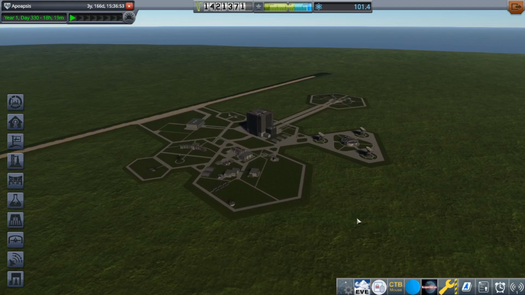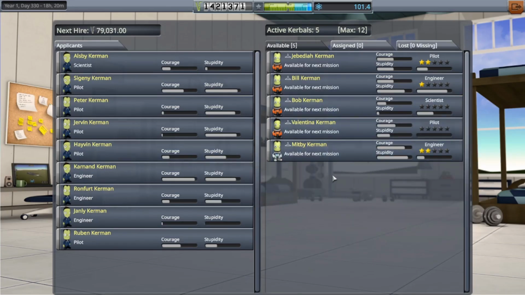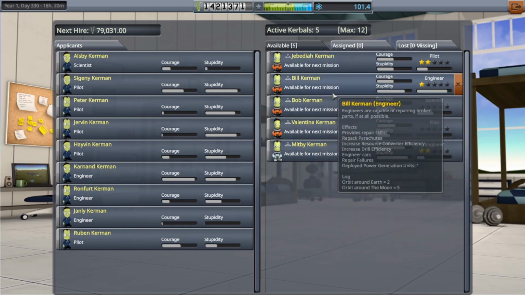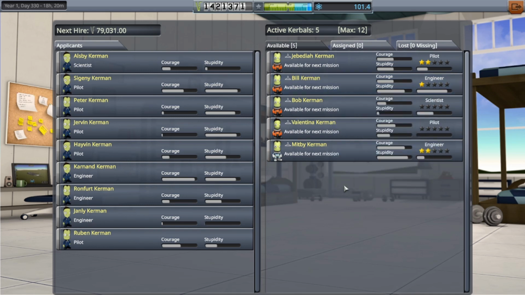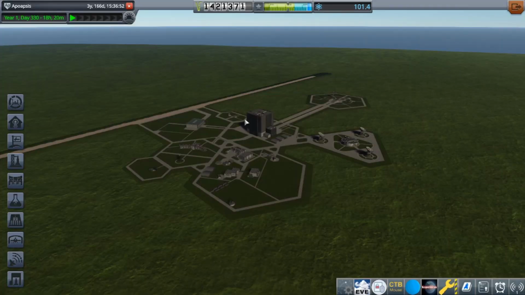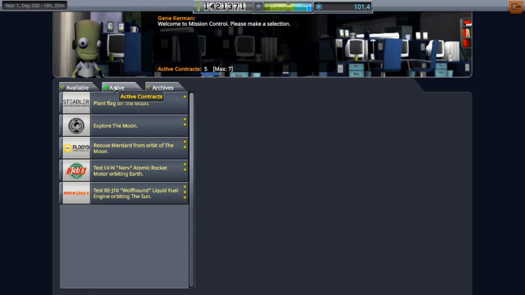We saved another Kerbal from the moon. Let's see what he's at. Level 2 engineer. Star engineer. Bill's also been around the moon though. I used him for a satellite repair mission, which was pretty cool, but wasn't really worth it for the video. We moved a rover because it was fixed already. We didn't...